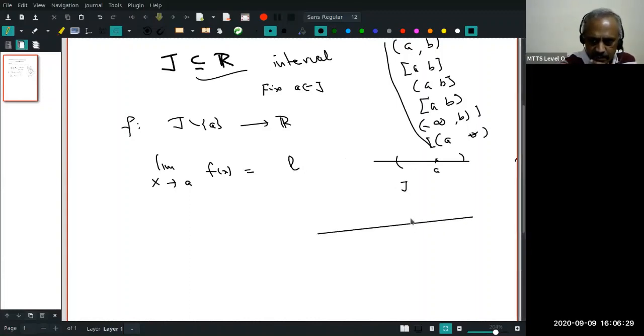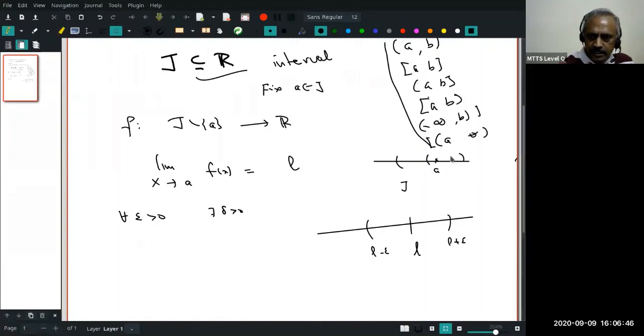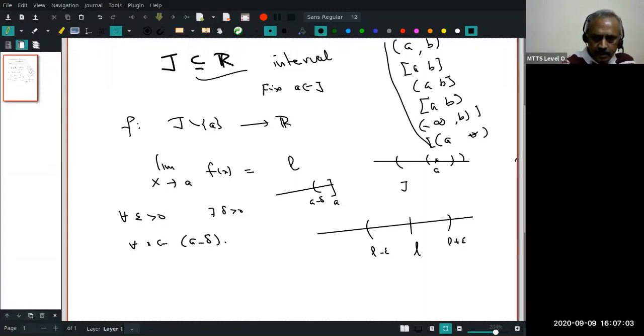It says that fix L, find an epsilon interval. Give me any epsilon positive. I form an interval around L, L minus epsilon to L plus epsilon. Then what does it mean? There exists a delta positive. Take any delta interval around A. For example, if A is this, delta interval around A will be A minus delta to A plus delta. So there is a delta interval around A, so that for all X in A minus delta